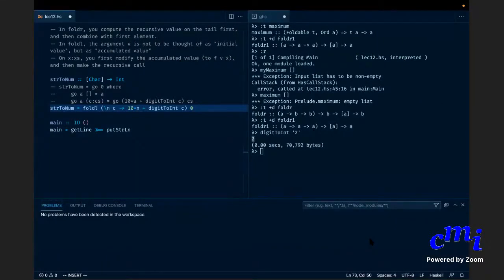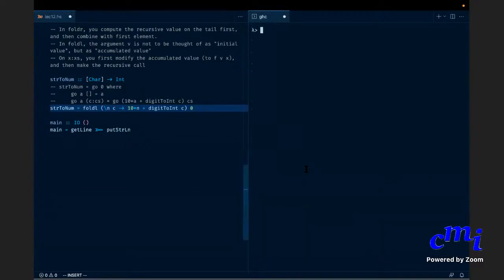Yes, and because of the way you do it, the type of fold L is this. So let us just look at that as well. The initial value should be combined from the left, and each element of the list is of type A, but you want to combine the initial or accumulated value from the left.